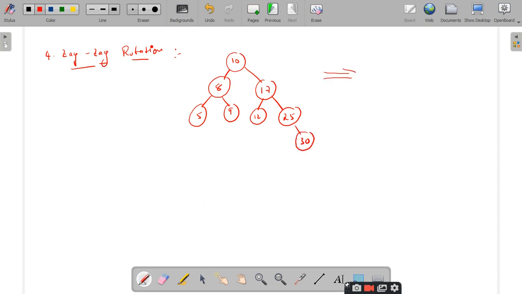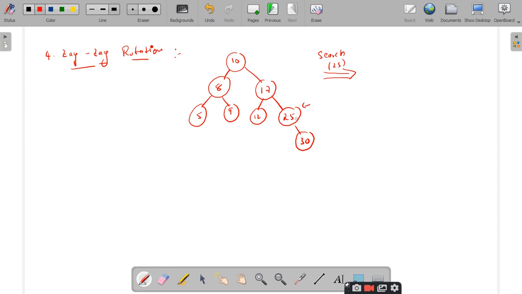So, in this case, I am going to search for an element 25. The same process for the BST has to be continued. 25 compared with 10 is greater, therefore go to its right hand side. 25 compared with 17 is greater, therefore go to its right hand side. Here I have found it.